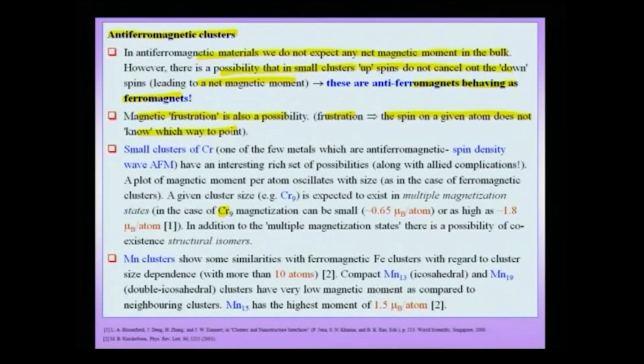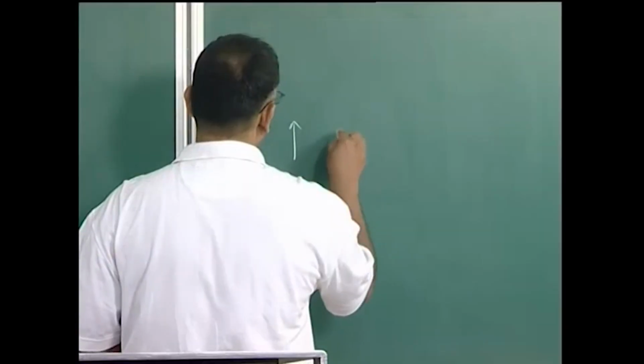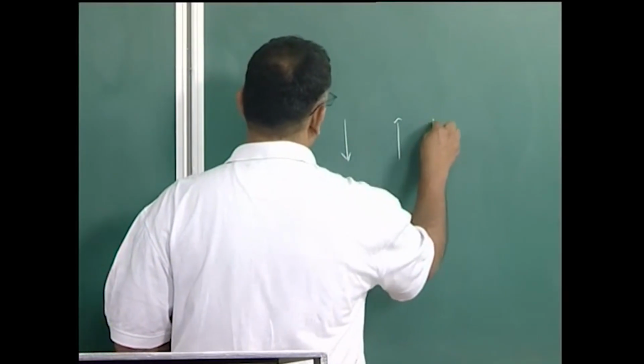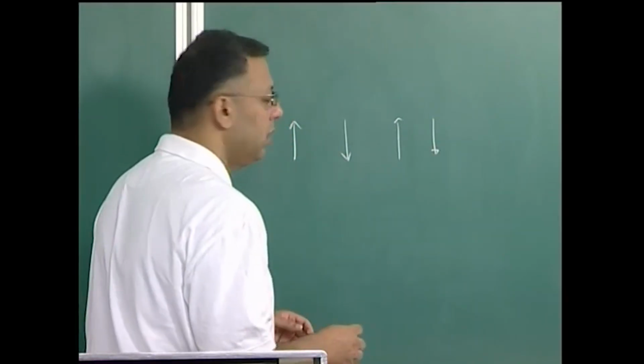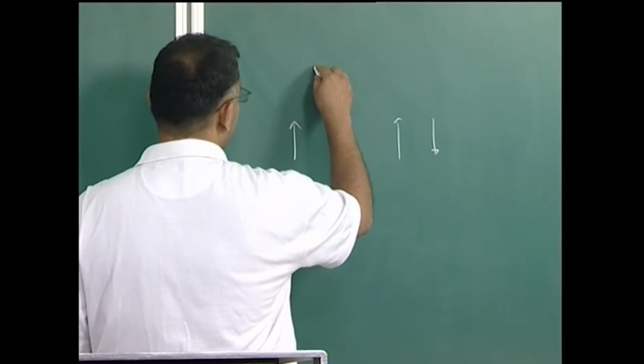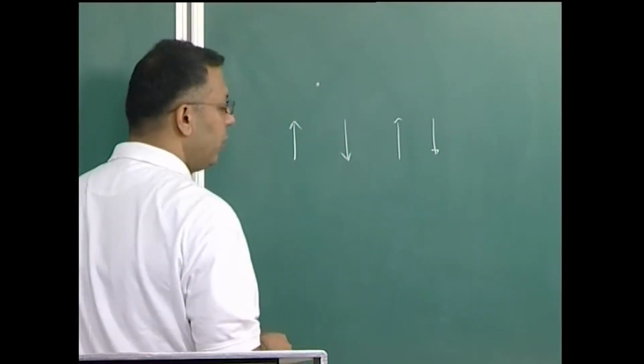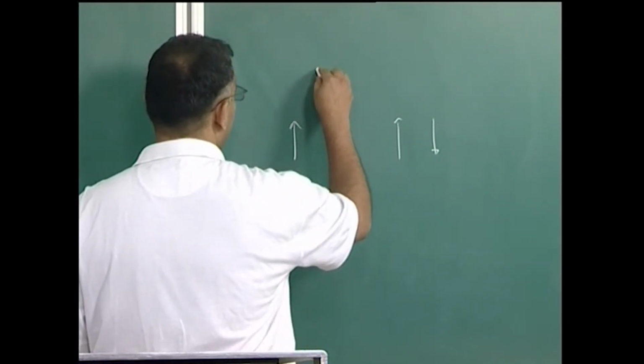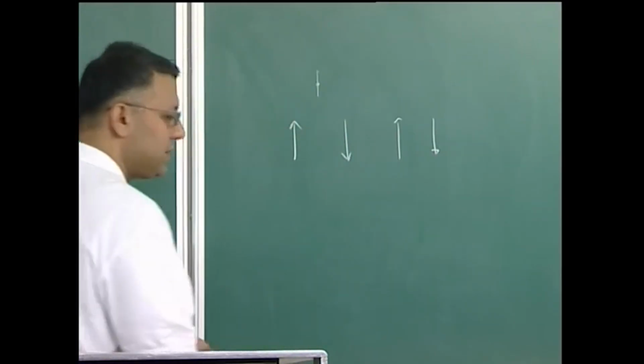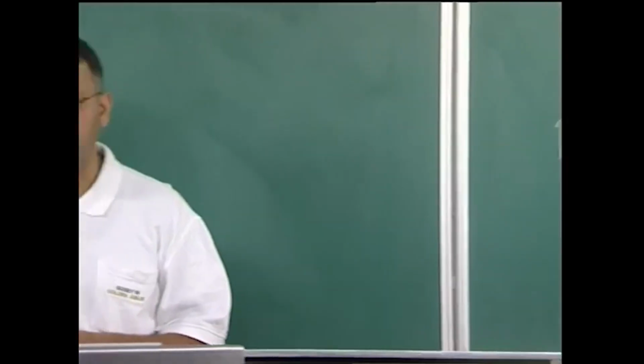In other words, if I had a large system, then I know in an antiferromagnetic material, if I had spin arrangements ups and downs, they will go like this. But in a small crystal, it could so happen that there is one spin which is introduced here, there could be an atom here, which does not know if this spin has to be up or down, and this automatically implies that it is not following the antiferromagnetic order, and therefore, there could be a net residual spin up or spin down coming from the fact that the atomic position has been frustrated with respect to the remaining lattice.